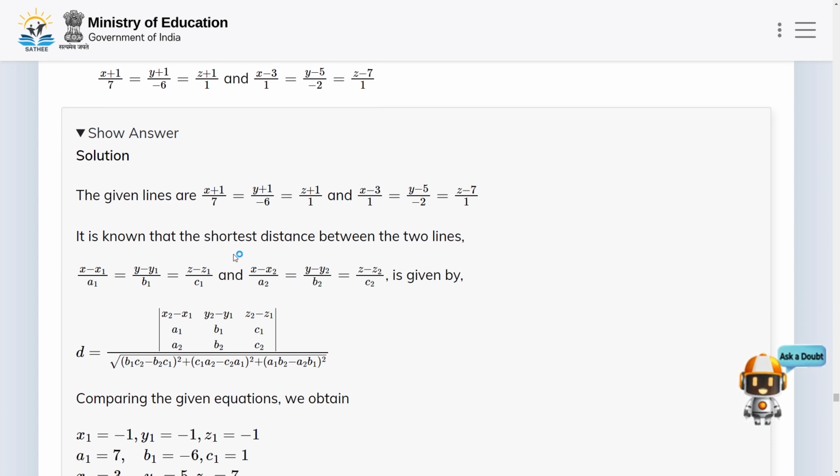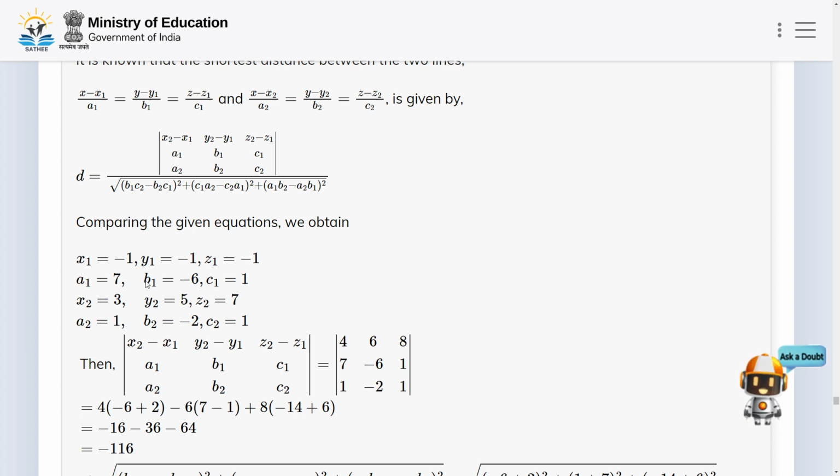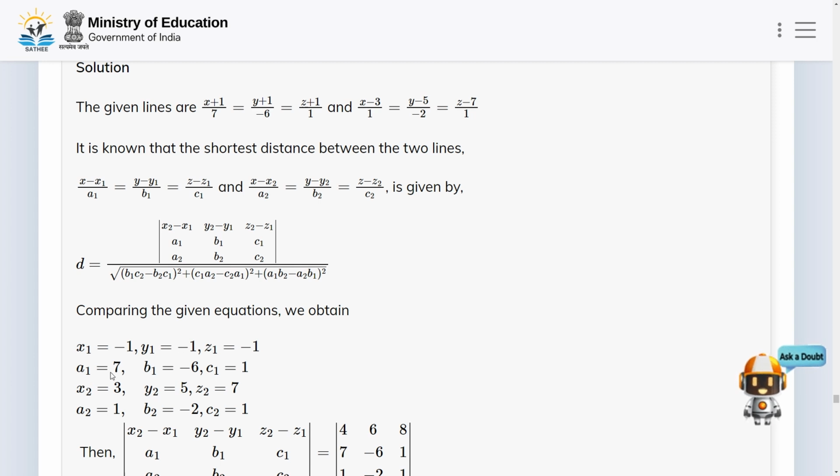Okay, so for now we will stick to our formula, which is related to Cartesian form only. So you have this determinant in the numerator and this root expression in the denominator. You will get your shortest distance between two lines. So x1 will be minus 1, y1 will be minus 1, z1 is equal to minus 1. Now a1 will be 7, b1 will be minus 6, c1 will be 1, x2 will be 3, y2